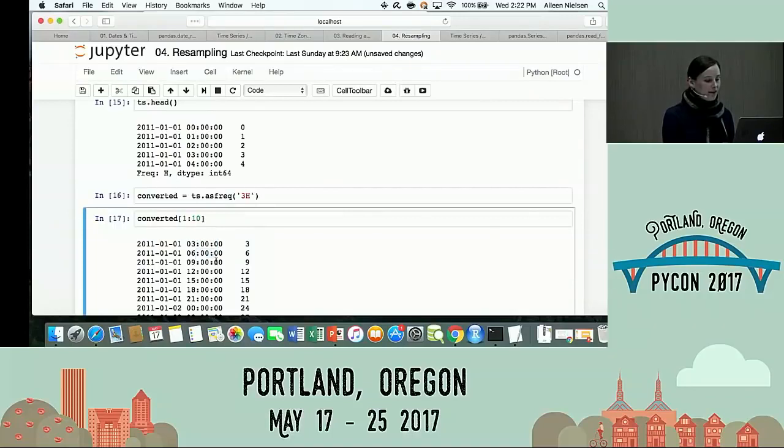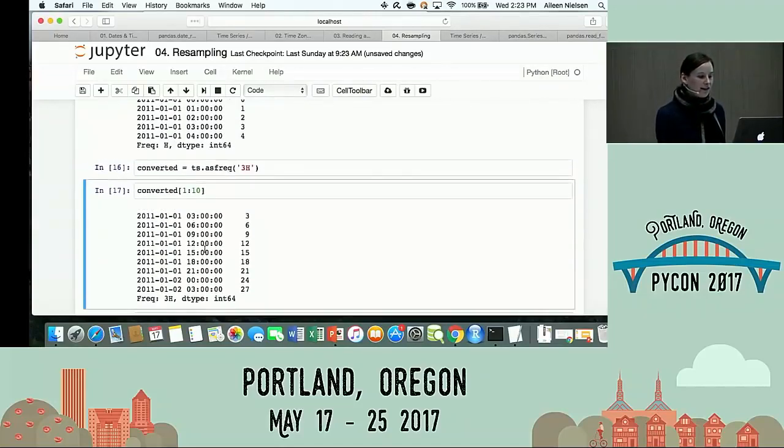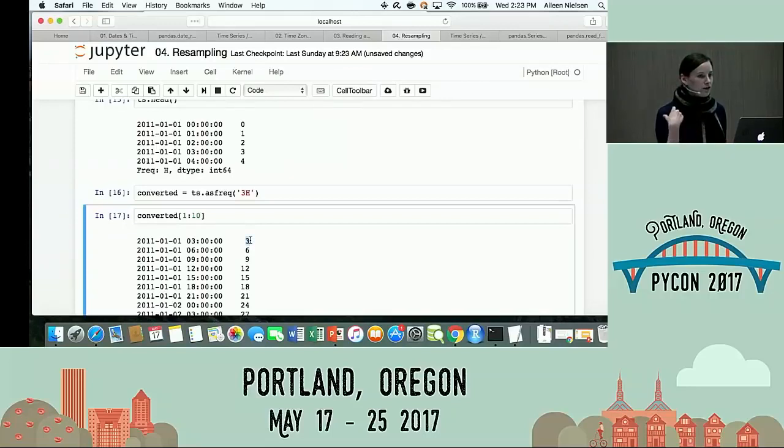3 a.m., 6 a.m., 9 a.m. A couple things to notice. One is that it started by including the time on the later end rather than the earlier end. That's the left versus the right. That's parameterized. You can easily change it so that it would be 12 a.m., 3 a.m., picking the leftmost option. Another thing here is I'm not missing data, right, because I'm strictly taking a subset of my original data points. But it's not super interesting in the sense of this does just lose information, right? Instead of knowing that I had 0, 1, 2, 3, I've just got the 3, 6, 9. And maybe that's what you want, but maybe sometimes you'd actually like to do something different, which might be what?